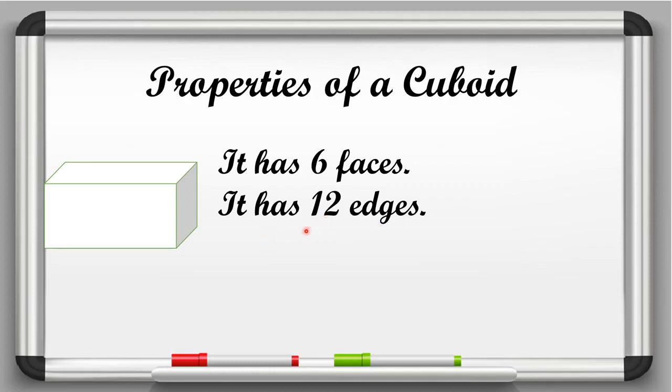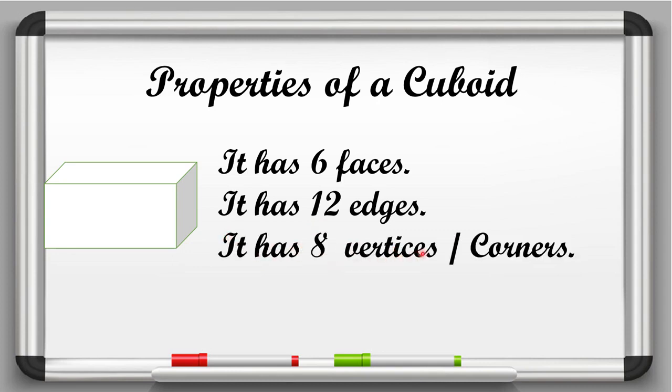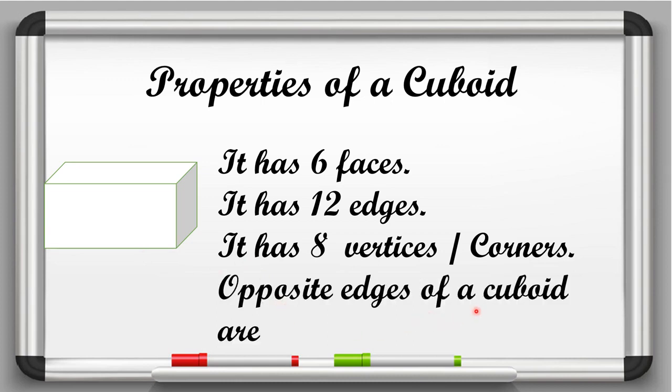Okay, after that we have to write its vertex. So how many vertex it has? It has 8 vertices. अगर single होता तो बेटा हम vertex लिखते, because 8 हैं तो इसलिए हमने vertices लिखा है. Okay, it is the plural form of vertex. Like corner की plural form है corners and vertex की plural form vertices. Okay, and what is the difference between cube and cuboid? That in cube all edges are equal, but in cuboid only opposite edges are equal. Okay, so opposite edges of a cuboid are equal. Understood, beta?